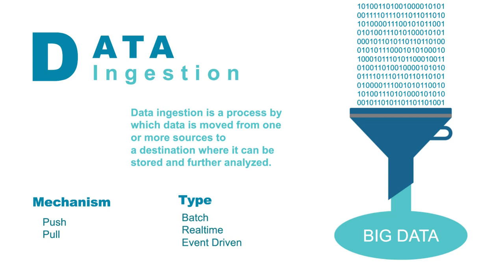Now, what is a push mechanism? Push mechanism means that there is a data source from where the data source owner is actually pushing the data to a landing zone so that we can pick it up. We are not connecting to the source directly, they are pushing it. Second kind is pull, where we are actually making a JDBC connection or an API request and pulling the data. So we are the ones who are initiating the request.